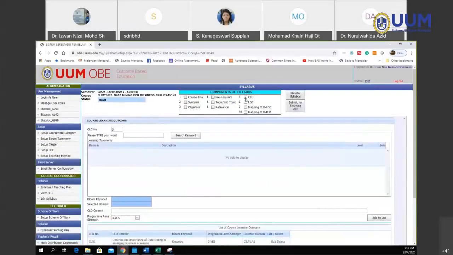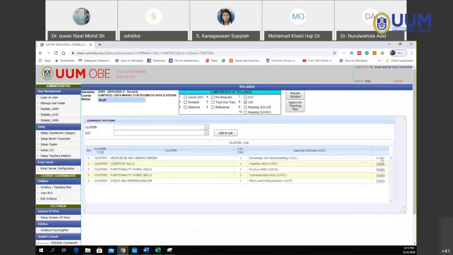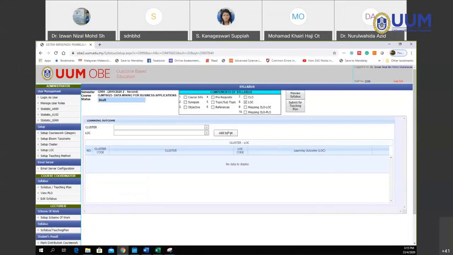Next is mapping. Okay, mapping associated LOC. How to determine which LOC belongs to your subject? It depends on how the TD or the course coordinator, the program coordinator, assigns you the LOC. Okay, for my subject,